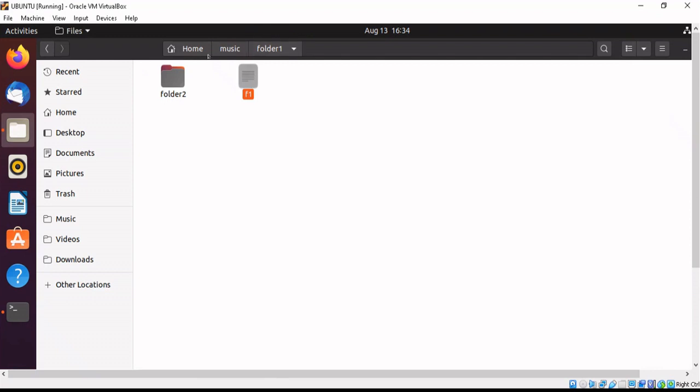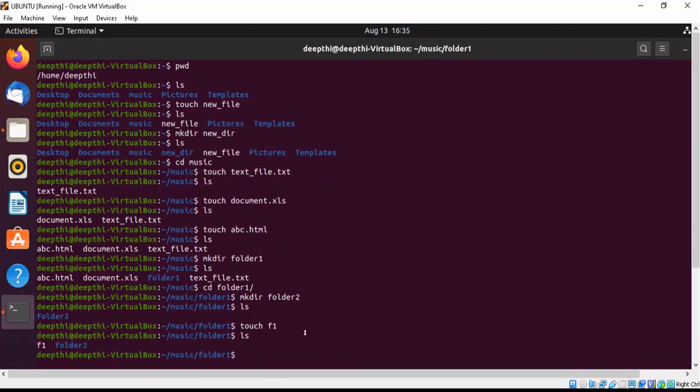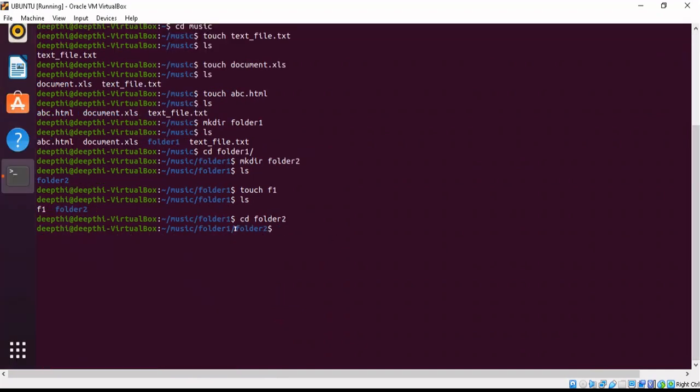I am now inside folder 1 and I want to go to folder 2. So for that, I will again use the same command, that is cd and then folder 2. So now you can see from here that I am inside this folder 2, right? Now what I mean to say is, in this way we can create a directory. Inside the directory we can have subdirectories. Inside the subdirectory there is again a directory. So recursively in a directory we are having multiple directories, right?